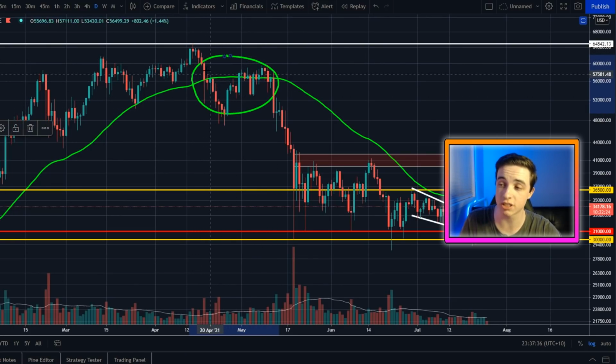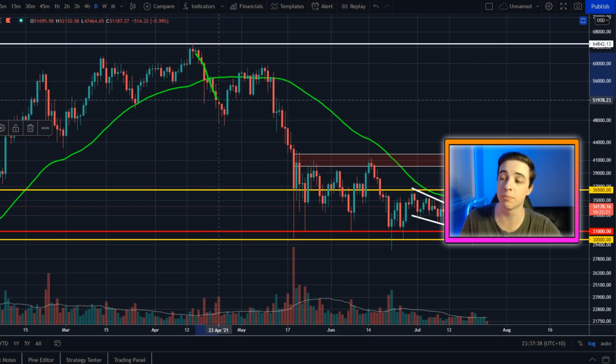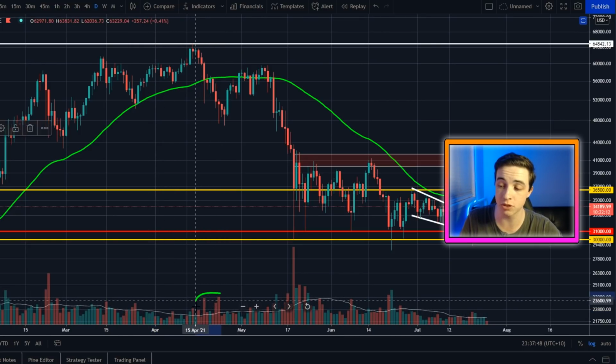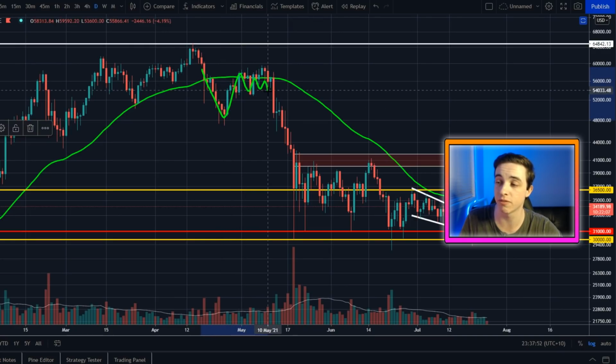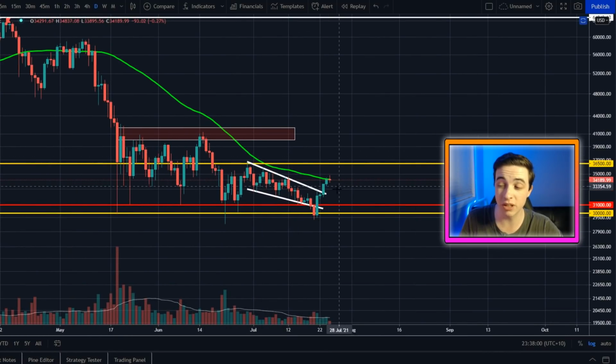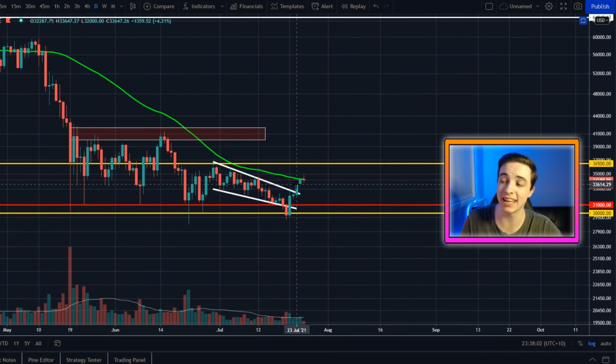as you can see, the price moved below the moving average. We got a couple daily closes below the moving average, while the volume did actually start to pick up to the upside as we're breaking below. And not only that, we saw the retest of this moving average before we confirmed the next major move to the downside. So once again, we will confirm another major move to the upside if we can get a confirmed